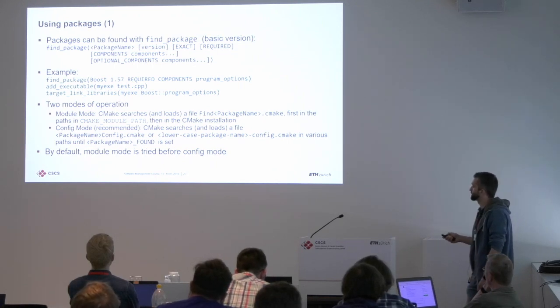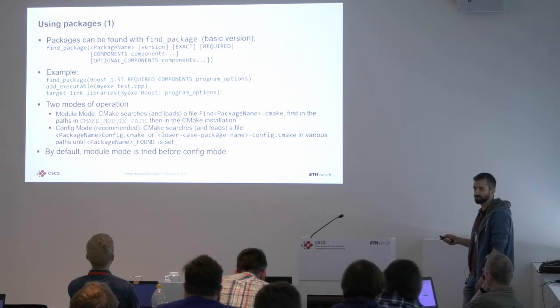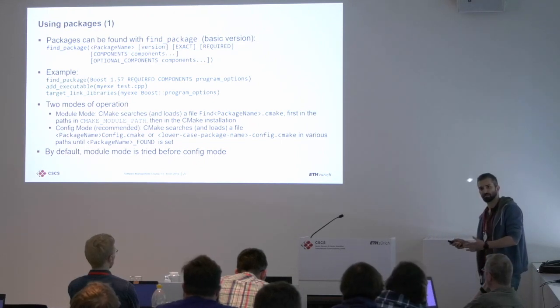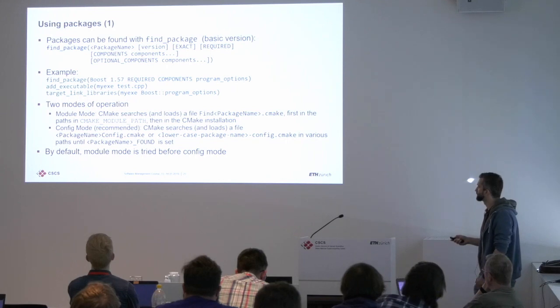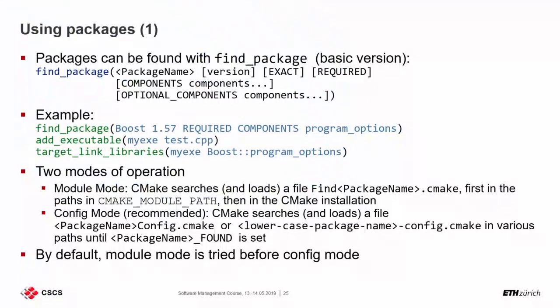Now, how does CMake find Boost? There are in general two modes. One is the so-called module mode, and this is what is actually used to find Boost. Module mode is looking for a file called Find<package name>.cmake. In the case of Boost, this is provided by CMake itself, and